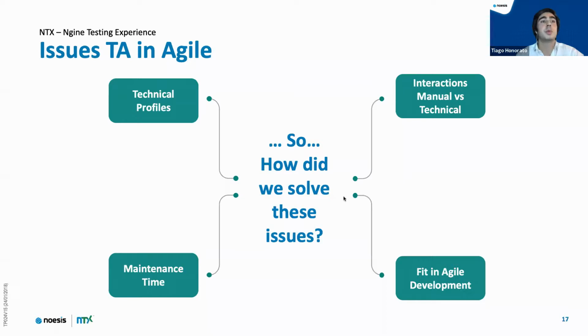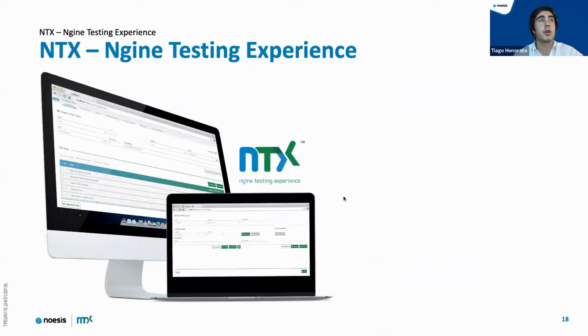We spent a lot of time maintaining the test scripts because they were programmed, and we spent a lot of time in the maintenance of the scripts when something changed. And as I told you, we had some difficulties fitting these test automation activities into agile development, because we couldn't keep up with the fast developers in platforms like OutSystems. So what have we done? We created a solution that suits our needs.